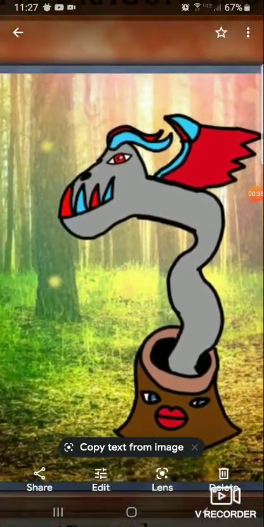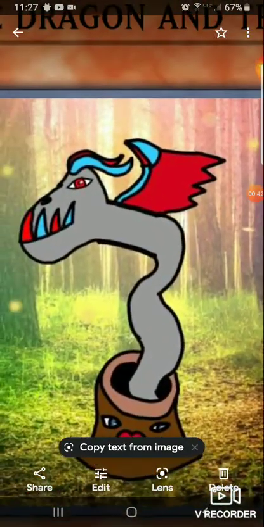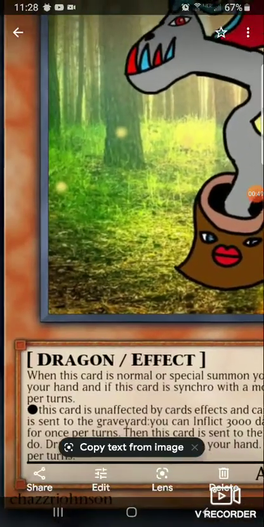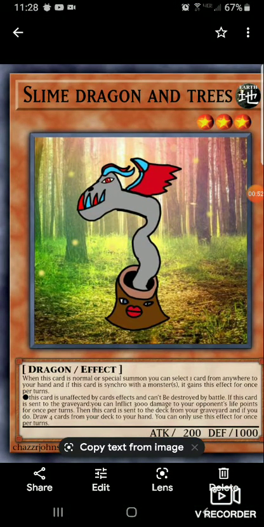The dragon is coming out of that little tree right there. And its effect is, when this card is normal or special summoned, you can select one or search one card from anywhere, deck, graveyard, or banish zone, or a field, to your hand, and if this card is synchro summoned with a monster or monsters, it gains this effect